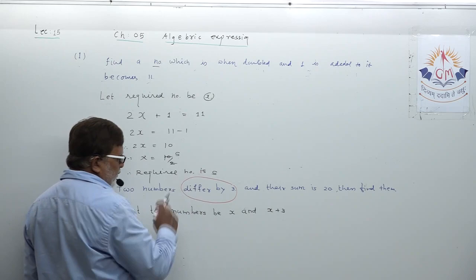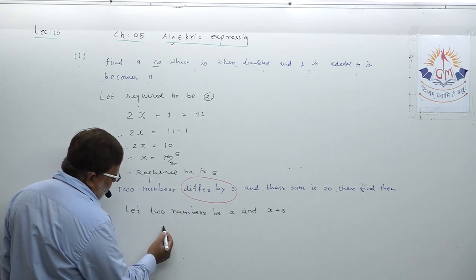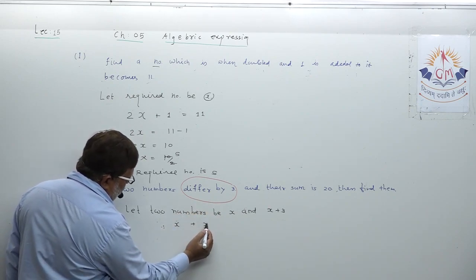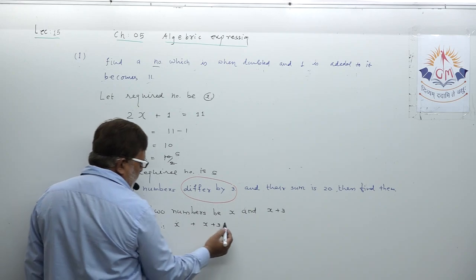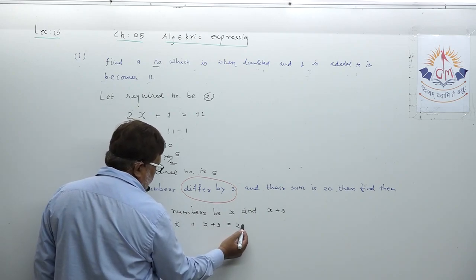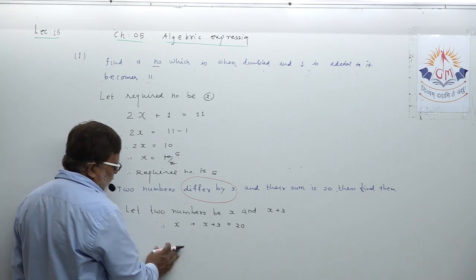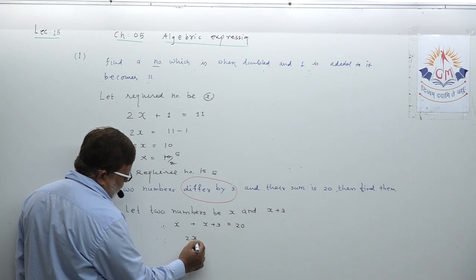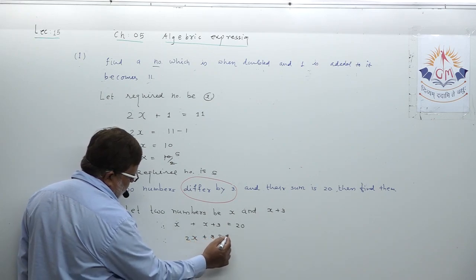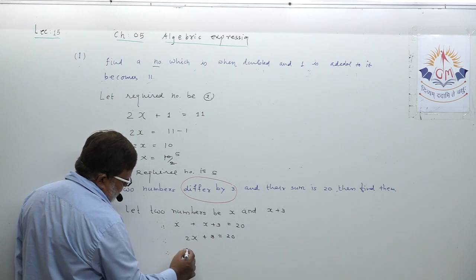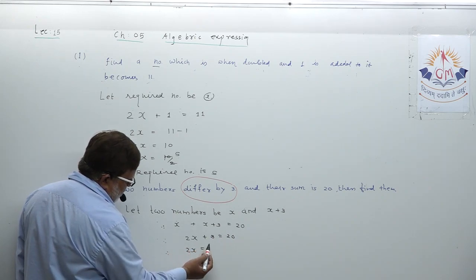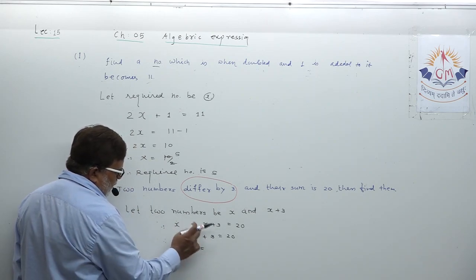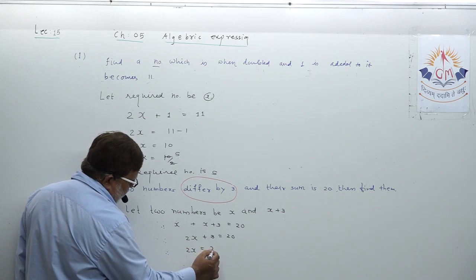Now what is said, their sum is 20, so let me express it in this way. First number I have written, then I have written the second number, and their addition is 20, okay. Next step, dear student, x plus x, that is 2x plus 3 equal to 20. 2x, now you know how I am keeping pace so that you can write with me. Now 3 is transferred on that side.